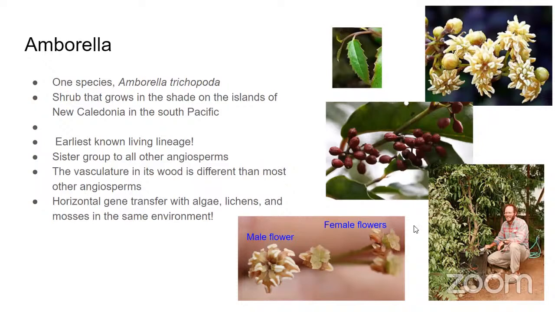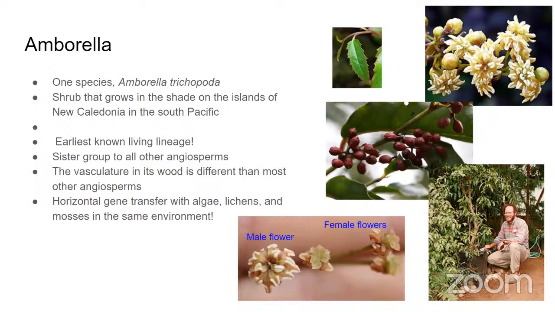So this is our earliest known living lineage. So it's the one that peeled off and diverged first. So it's useful when we're trying to look at the evolution of other groups of plants. Yeah. And some of the ways we know this is that